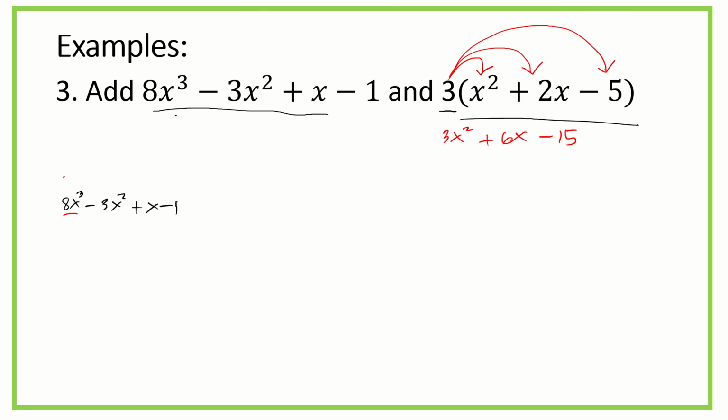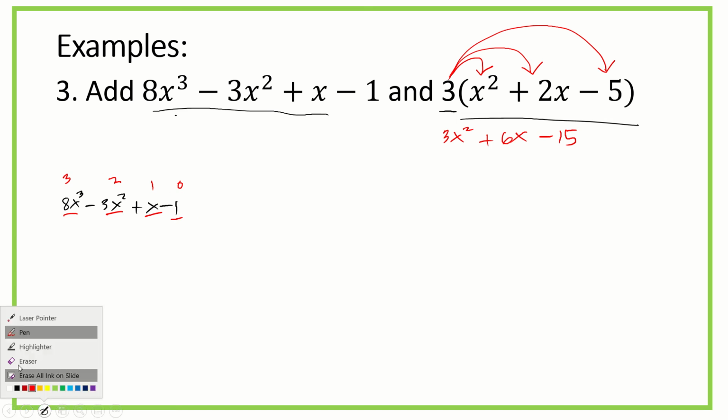So first term is degree of 3. This is degree of 2. This is degree of 1. This is degree of 0. It's in descending order, so that means it's already in standard form. The